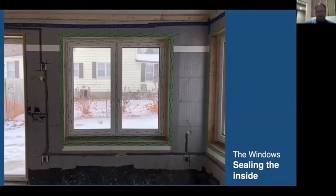This has been a typical detail for many of the projects that we've done lately. It can be a varying cost level window, but the process of installing is the same. They're a bit more labor intense than a typical window, but like many things, you get what you pay for in a sense. So the window sets on...